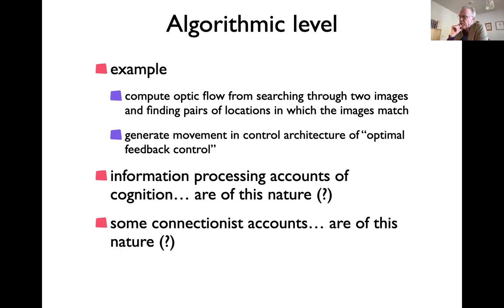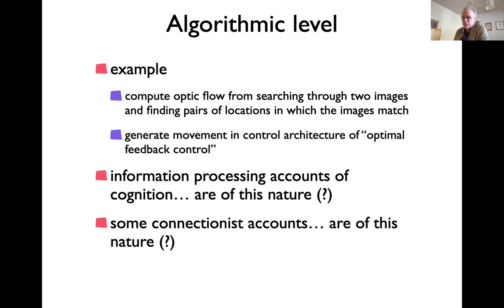Now, the algorithmic level. This was done in the 70s, and maybe then people were really thinking about computer algorithms, and the information processing account. So we have information that you can operate on with programs, ultimately function-calling kind of programs. And that would be ways of how you could concretely solve the computational principle. In the example I told you, how do you actually compute the optic flow, and how do you solve these equations? The equations just say that the ego motion is determined by that up to one degree of freedom, but how do you actually compute it? Can you actually make it work?